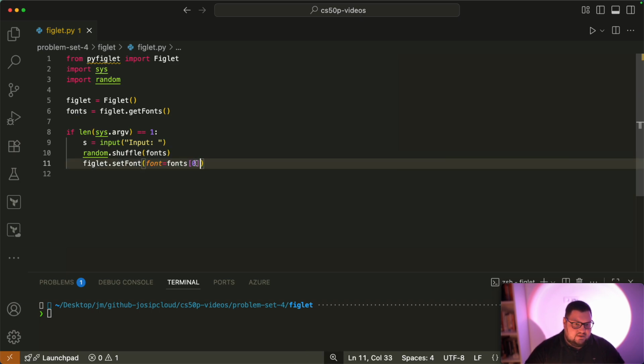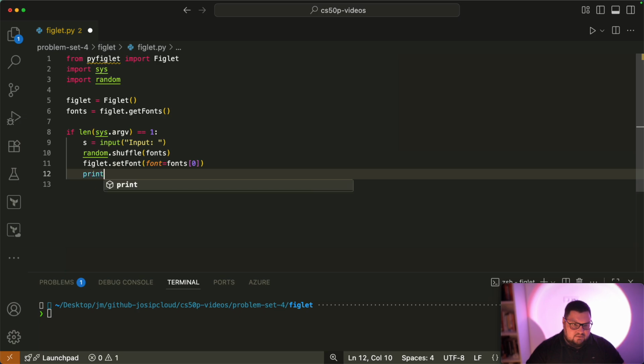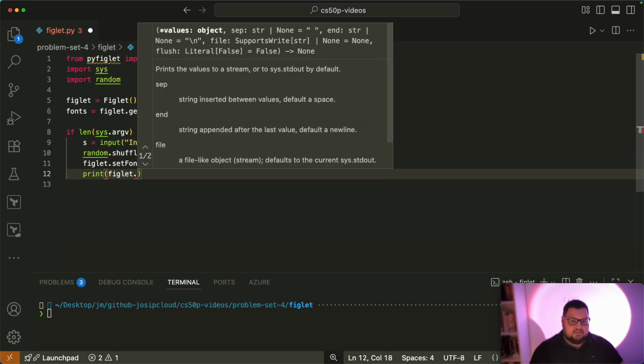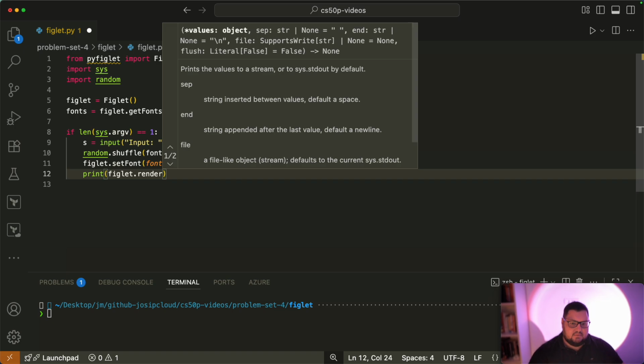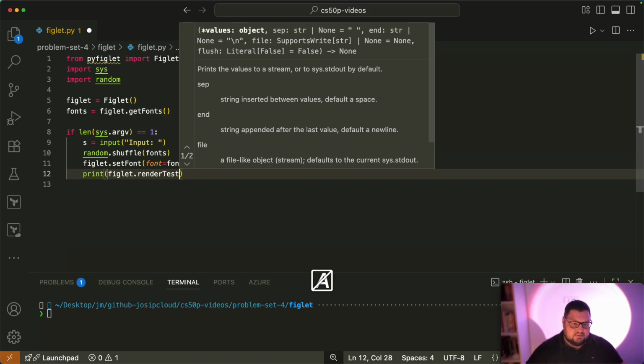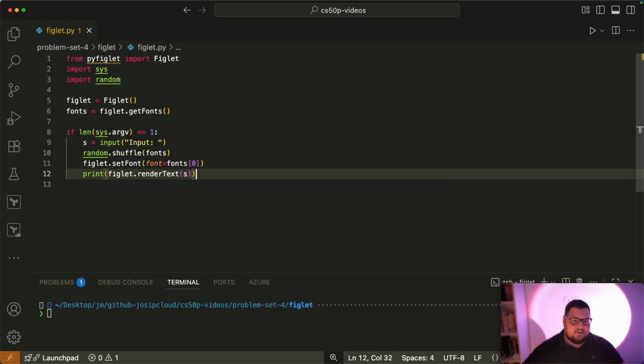We may as well take some other number, but we take the first one, and then in the end we are doing the printing, figlet.renderText. Okay, so this should be our first scenario,